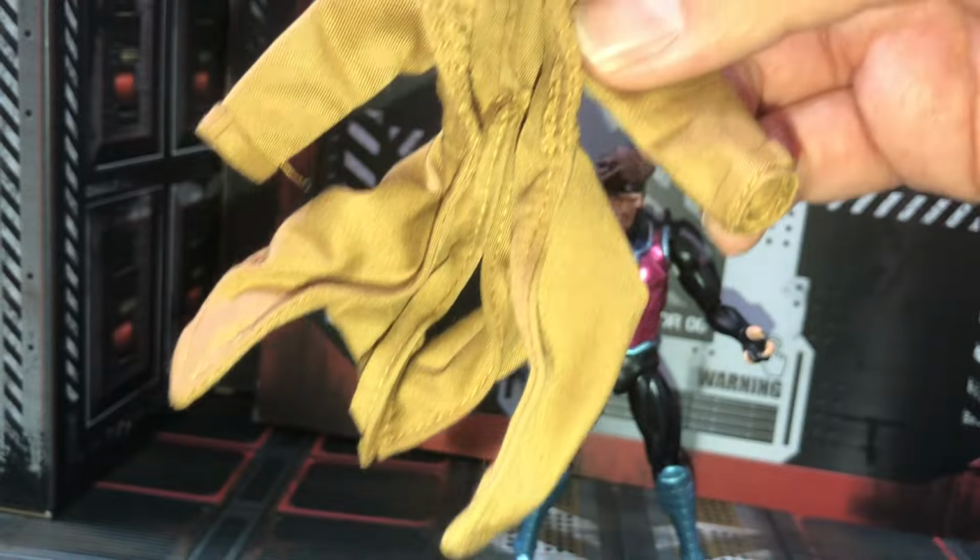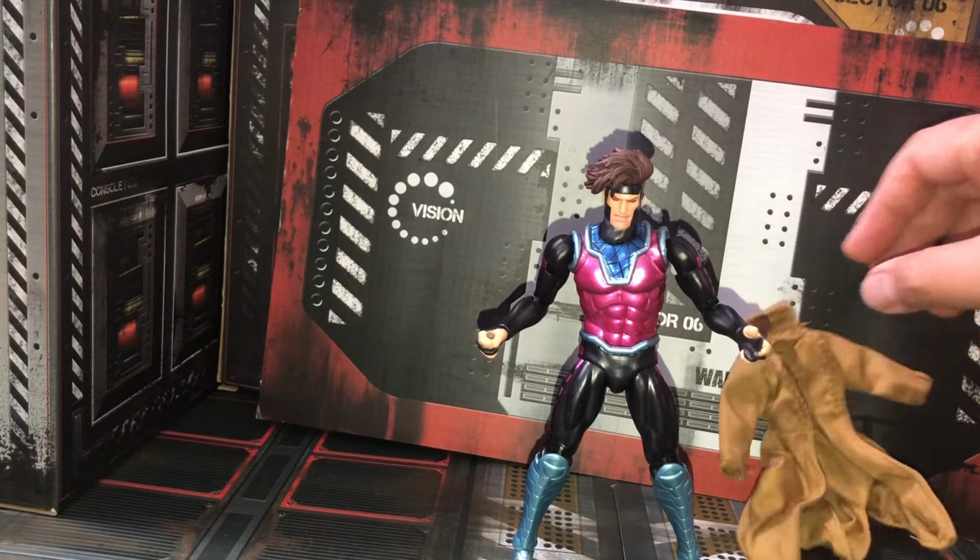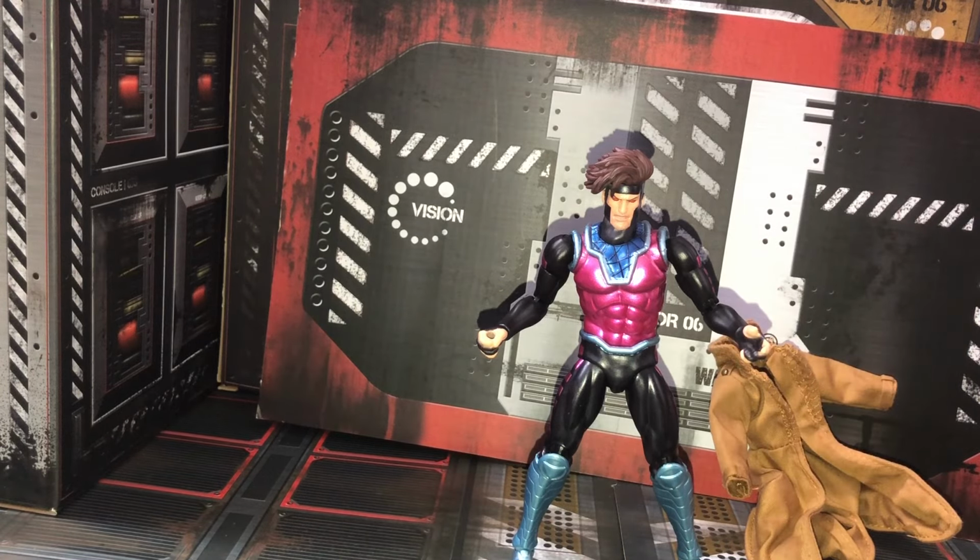So is the articulation good on this CT Toys Gambit? Yes, absolutely. But in my opinion, if you've ever held the Mafex Gambit in hand, you will notice a difference, and the Mafex is obviously the superior figure. But if you haven't ever had the Mafex version, then the CT Toys version is more than worthy as your